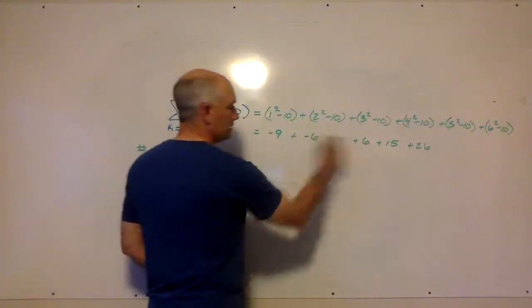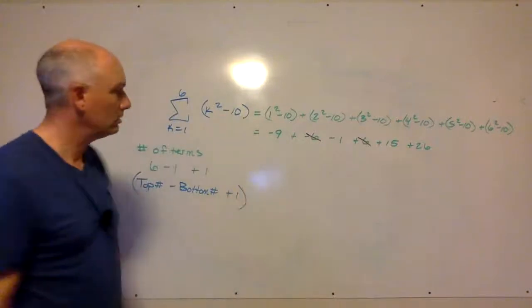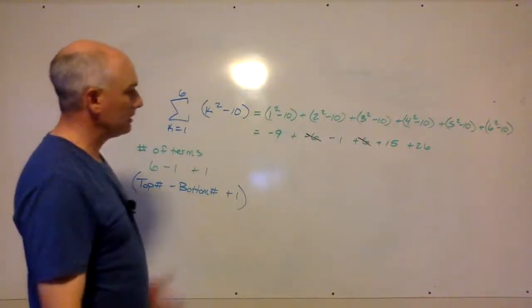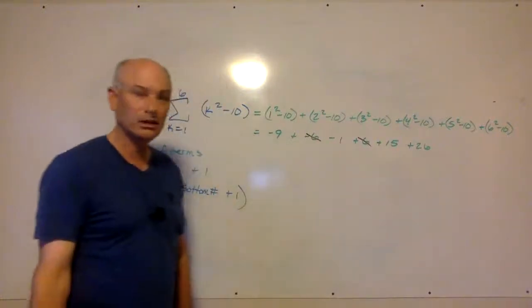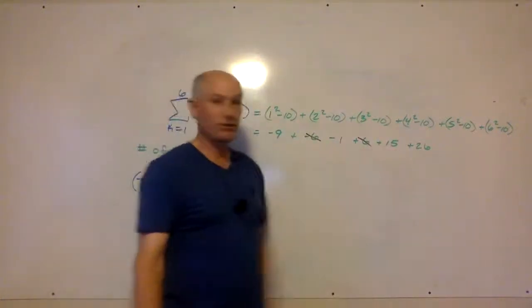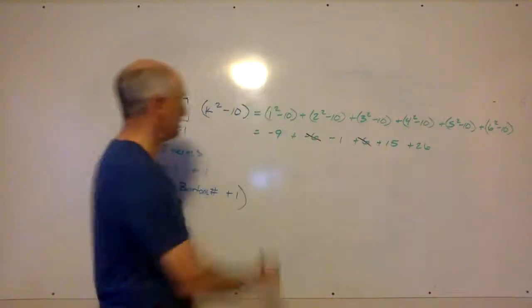I see a negative 6 and a 6. No sense in subtracting it and adding it back in. It just becomes 0. From here, I think maybe I'm just going to start working. Negative 9 minus 1 is negative 10. Negative 10 plus 15 is 5. 5 plus 26,